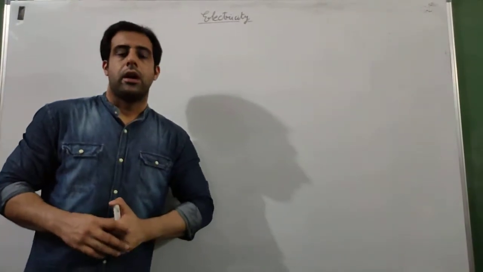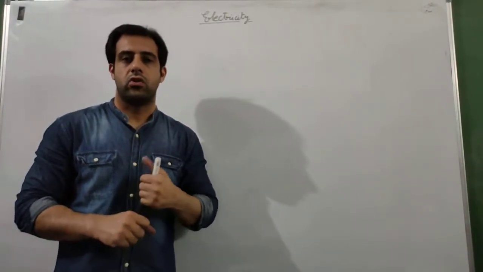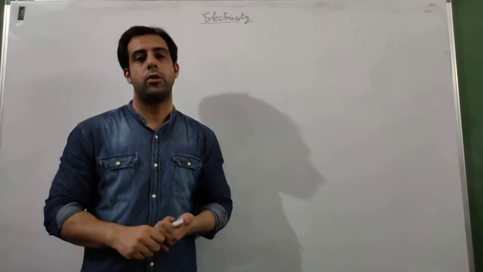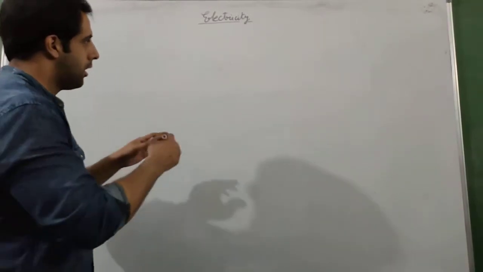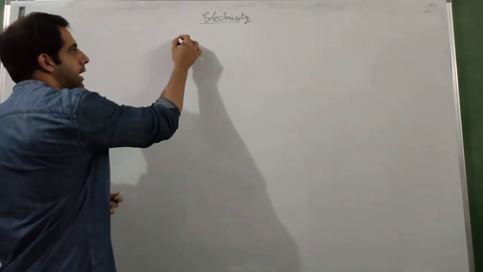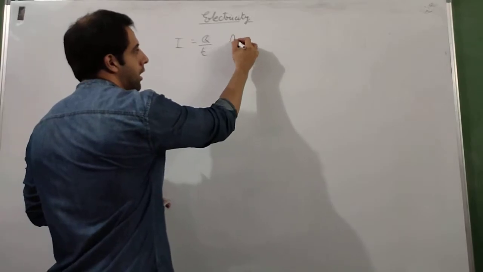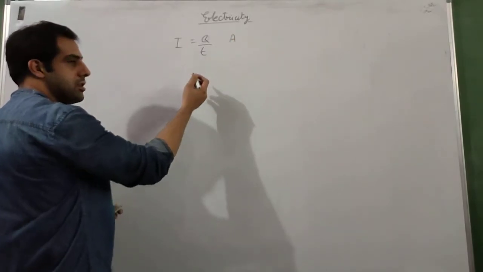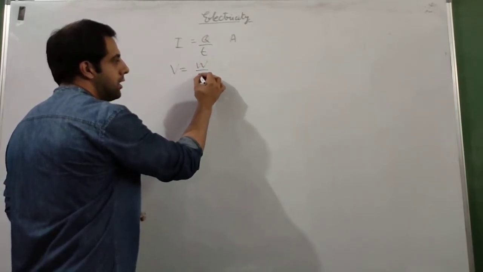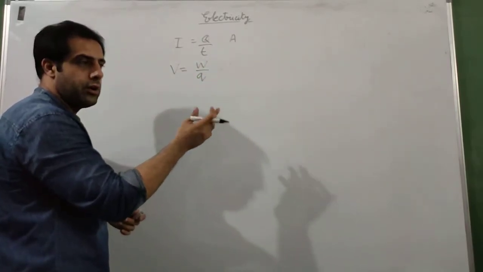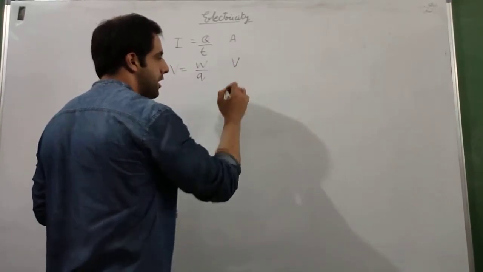Hello students, in the previous videos of this chapter, electricity, we studied the current, the reason for current, and also the electric potential and potential difference and what they mean. So till now we have studied current I, which is given as the rate of flow of charge; its unit is ampere. We studied potential, which is the work done in bringing a charge from one point to another point. Its unit is volt, V.